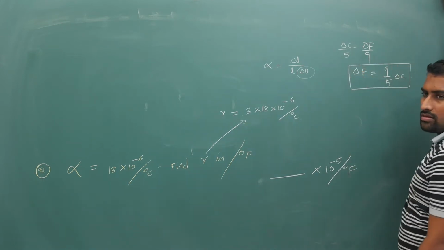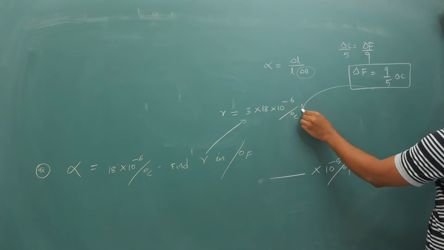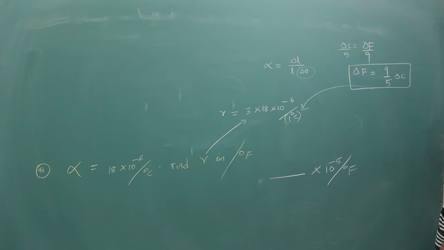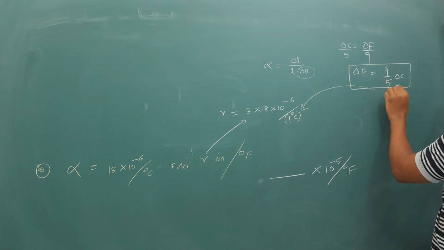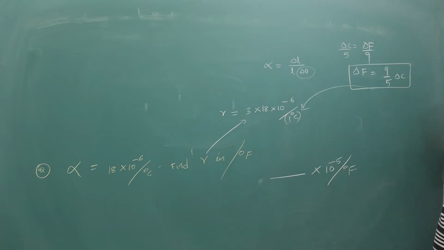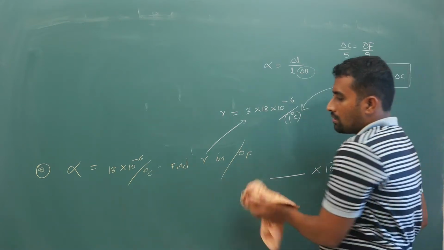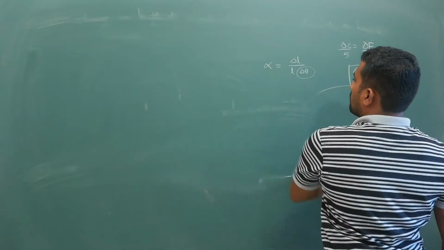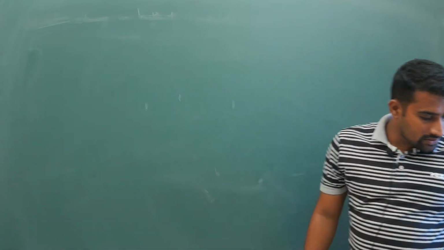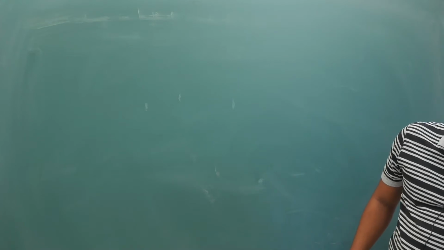So what are you supposed to do? Substitute this expression into this part. In place of this degree centigrade, it is indirectly 1 degree centigrade, and 1 degree centigrade temperature difference is 9 by 5 degrees Fahrenheit. So substitute it accordingly and then simplify. You will get 3 into something. Okay, next, basic questions you are supposed to do. I am taking only direct questions.